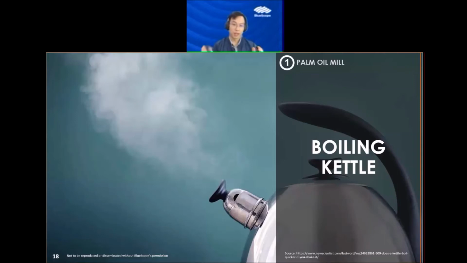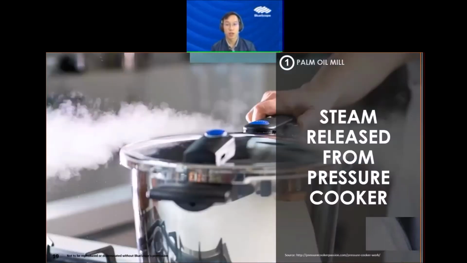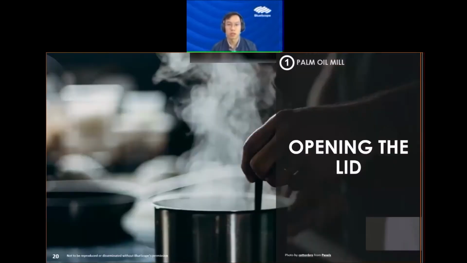You can use an analogy of boiling water at home, either boiling water or having it in a pressure cooker. Most often you will see steam coming out when the water is boiling. For pressure cooking, you have your food inside the pressure cooker, you put water inside, and then you cook it at high pressure. This is very similar to the sterilization process in the palm oil industry. Once it's done cooking, you open the lid and you see a gush of steam coming out